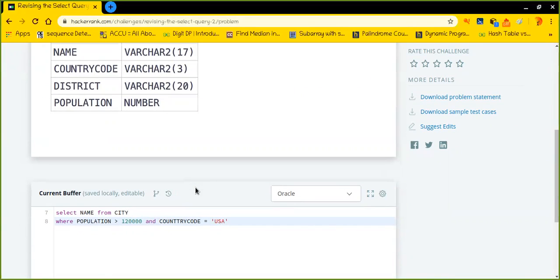And do not forget to write a semicolon after the query, because the semicolon defines the end of the SQL statement.